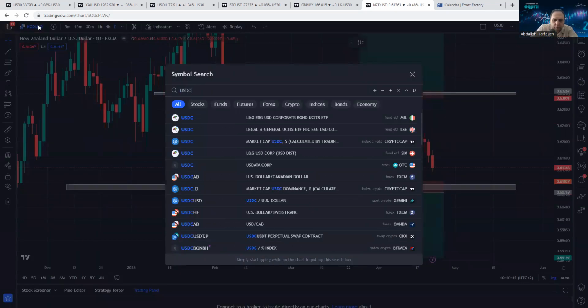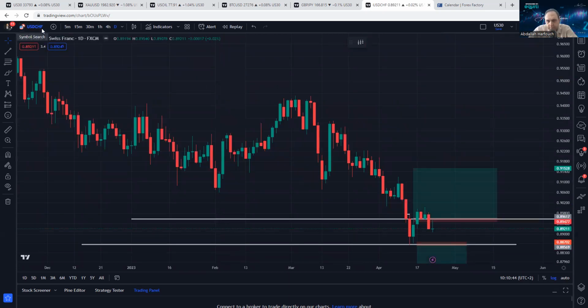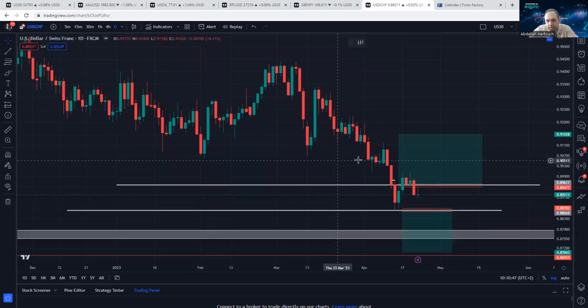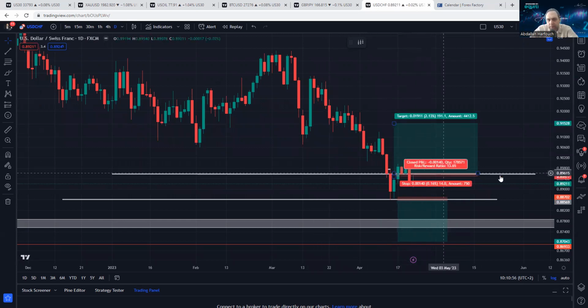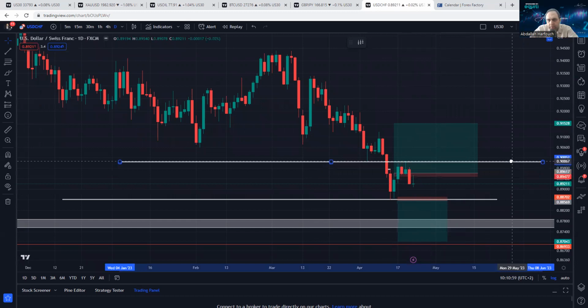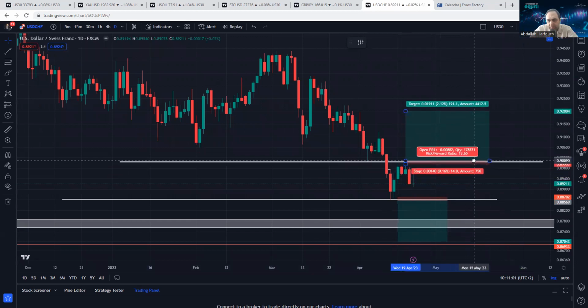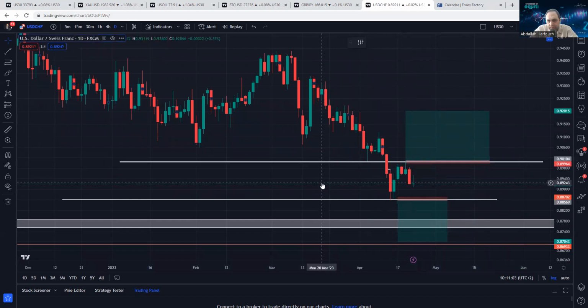USD CHF, like the last weekly overview. Here you can see the USD CHF started to push up during the first day of the week. It was super amazing, and then it stagnated again, and we are back in this zone. Now we have a new resistance. Look, this support, and it pushed up to this resistance. So now if it opens, makes a wick down and starts to push up, breaking 0.9010, it will be the buy. Stop loss